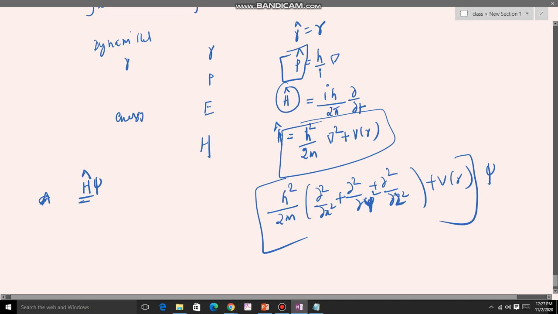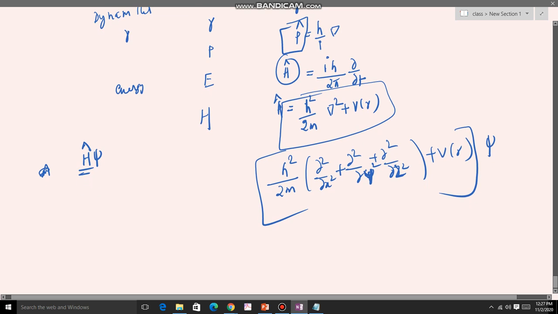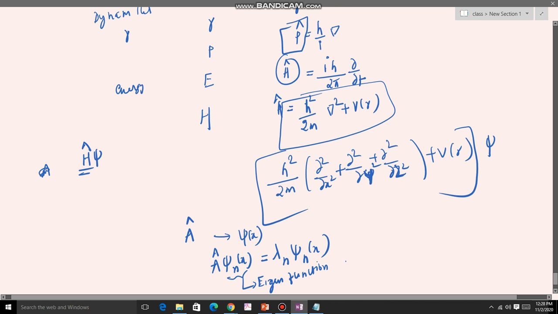Okay, this is an eigen function. Now how do you write this eigen function here? Suppose A is an operator, I can write A cap operating on a wave function psi of x, which gives a constant lambda multiplied by it. So A cap psi n of x is equal to lambda n psi n of x. So this psi is called an eigen function of A cap belonging to